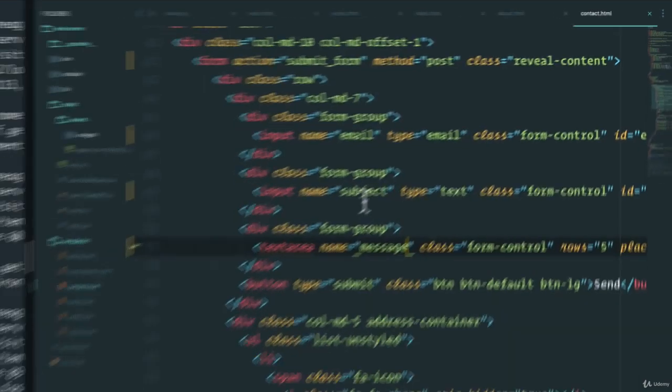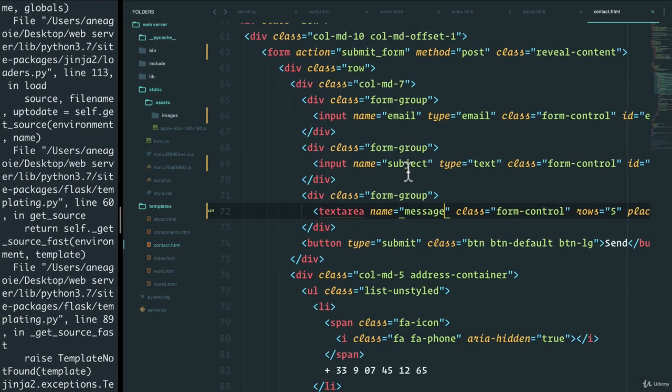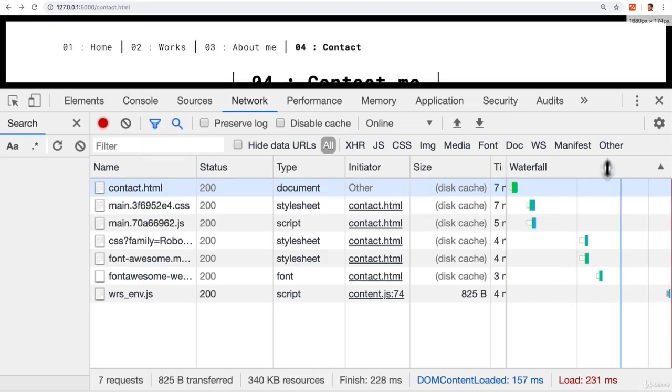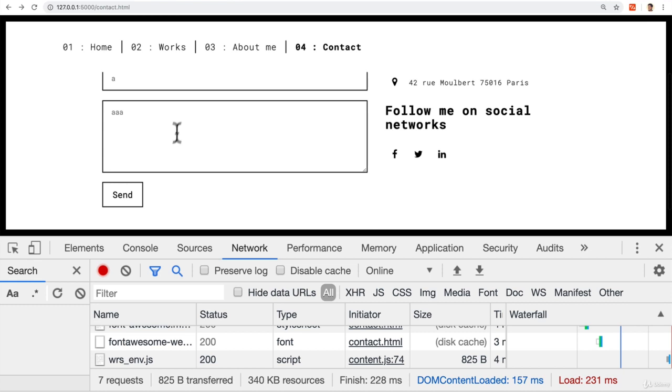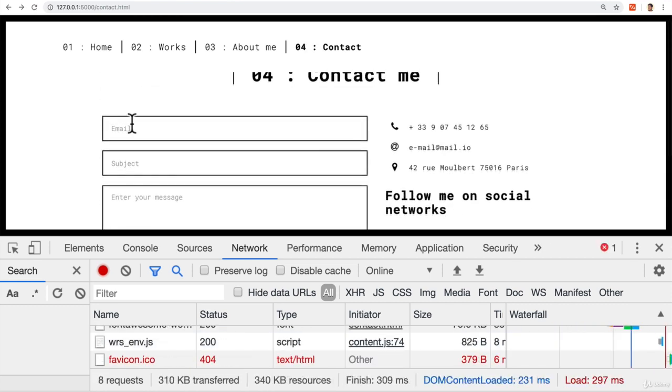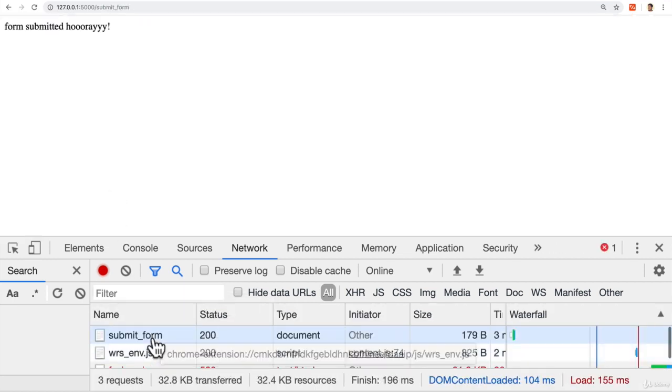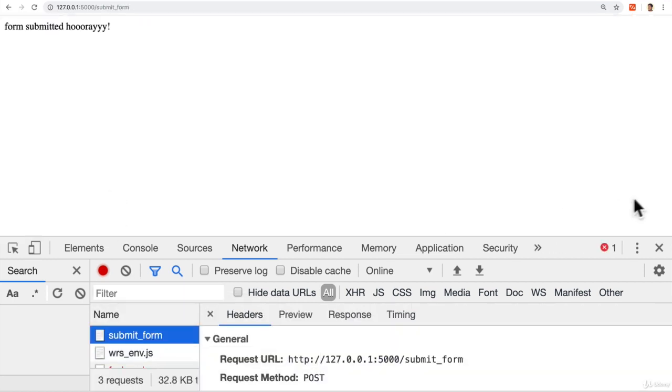So that if I save this now, and I go back to my contacts and submit this again, well, we'll have to refresh it first. So let's refresh, send some messages. And if I click submit now, and we go to submit form,